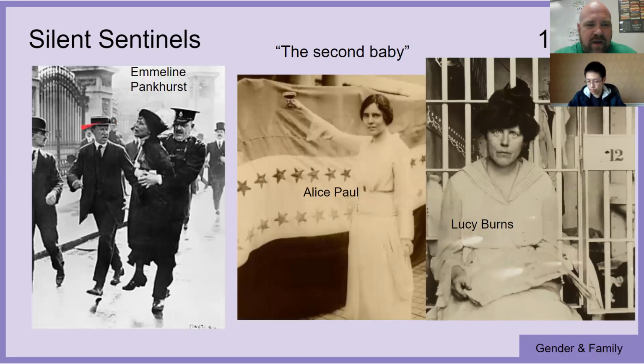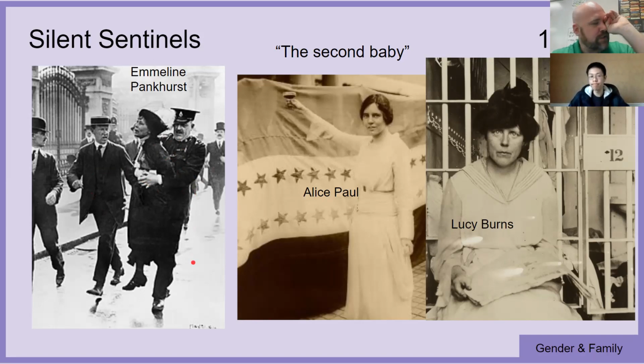Now, here's the deal with Pankhurst. She was a terrorist. She would blow up buildings in the name of women's rights and stuff, right? And some of this gets pretty extreme, where she would purposely orchestrate things so that she gets arrested by the police, right? She would call the police on herself to get arrested, but she would call the media first. And so the newspapers show up, they take pictures, write reports on this, right? And they take pictures of the police harassing her as she gets arrested.